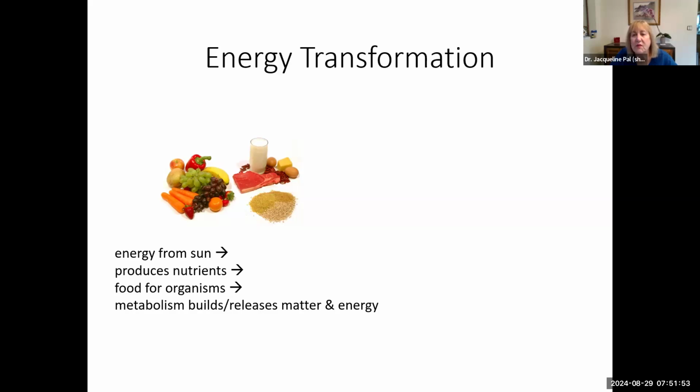characteristic of life has to do with energy transformation. Remember, we can't create energy. So in this case, energy from the sun is being used to create nutrients, which is being used for food for organism, which is going to be used for metabolism. And so in humans, basically,